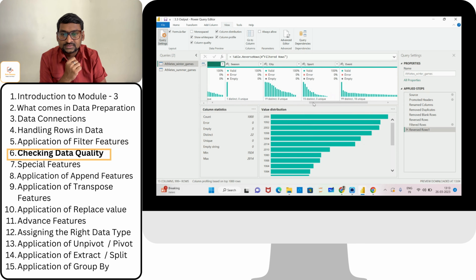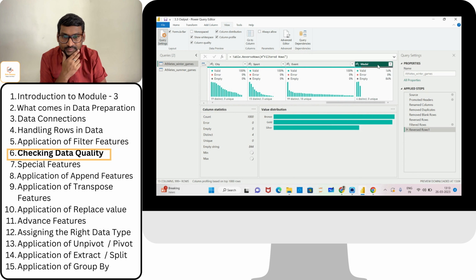Right. Let's see the medal column. In the first 1,000 rows, there are four distinct values and 844 empty strings, and the maxima is silver. Maximum is silver, but here I can see the maxima is bronze. There is something that is not coming properly. But this is the distribution: silver is 41, gold is 57, and bronze is 58 times it is coming. I don't know why this max is coming as silver, but